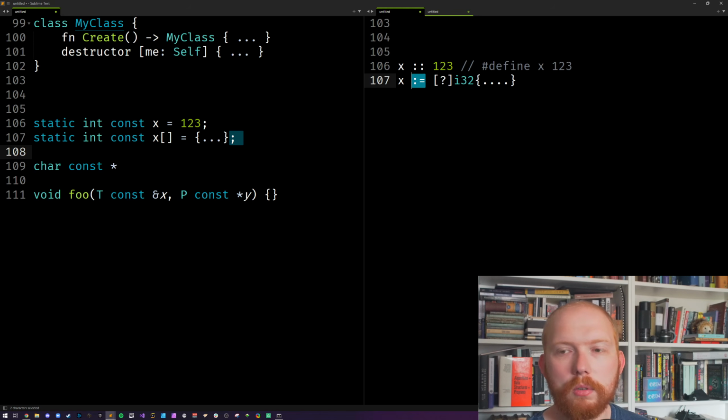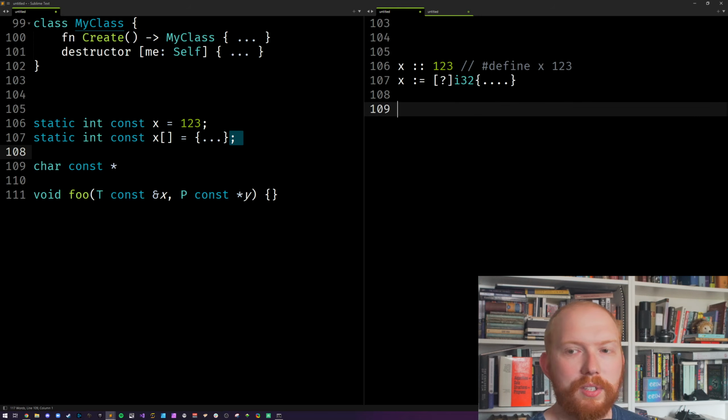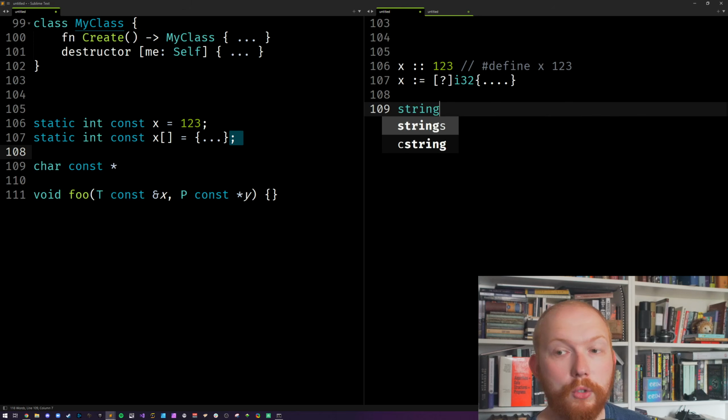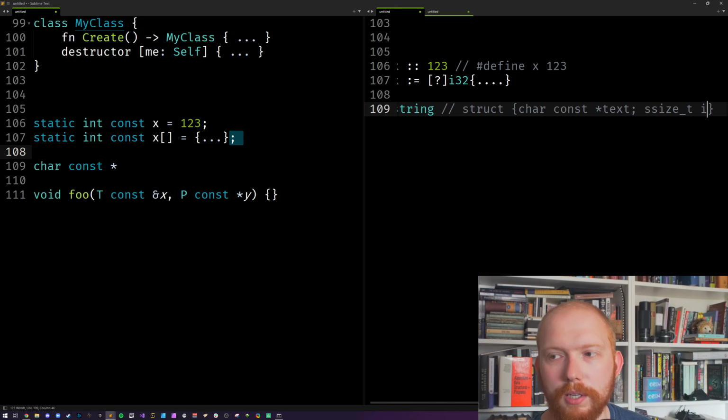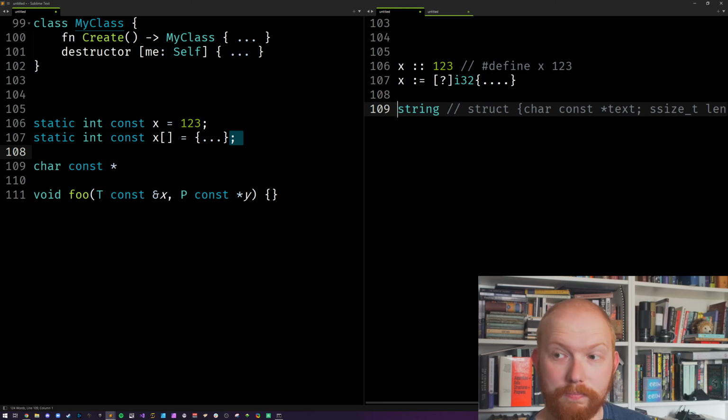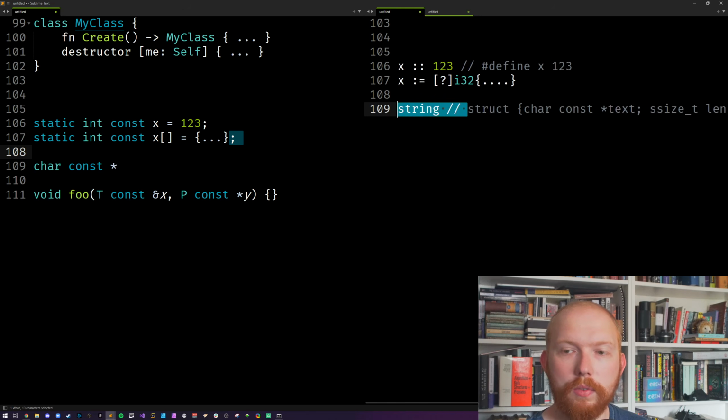Variables in this, you can do some optimizations to make this get in the right data sections. It's not a problem. That's what the static const bit is kind of doing, really. In Odin, we have string. Internally, if we do C speak, this is a char const pointer to text followed by a size_t, that's the length. That's what that is, and this is very, very useful.